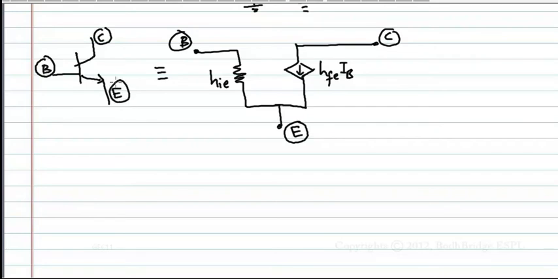Why? Just a small reason to say that this is correct. See, here I_B is going and beta I_B is coming here, so beta plus 1 times I_B is coming here. Therefore, I_B is flowing through the base, then from the collector we are getting beta I_B. h_fe is nothing but beta. Okay, it is correct. And I_B plus h_fe I_B is mixing here through the emitter. So this diagram is correct. Just remember this part. All the questions in GATE on small signal equivalents can be solved just by this small diagram.